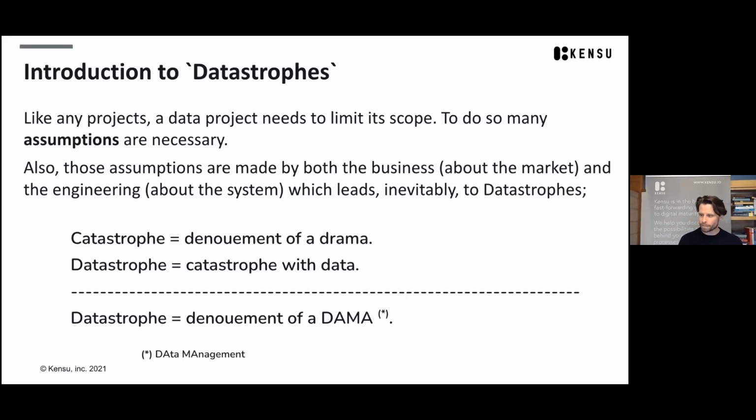DAMA is a data management organization, DAMA.org. They wrote and maintain this famous book, the DAMA DMBOK, the Bible of data management. It's very thick, a very great book, but when something goes wrong in data management, the output is what I call a data strophe.